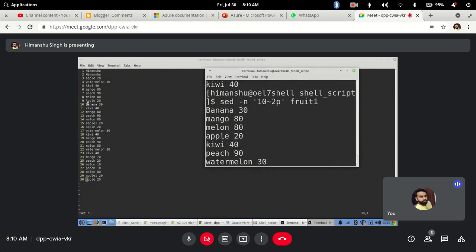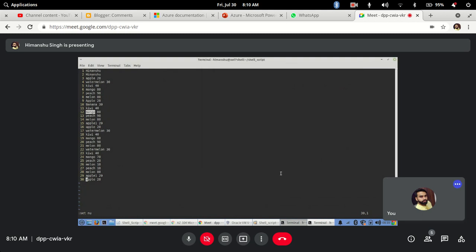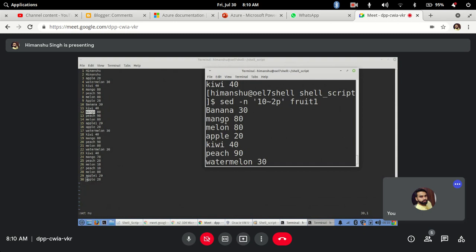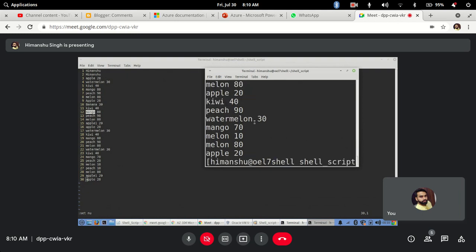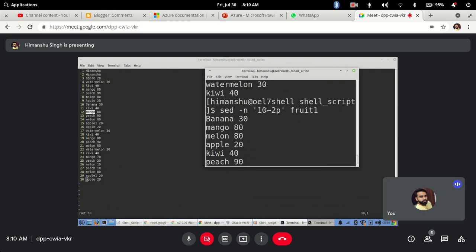From 10 it will take this line, then it will leave the second line and go to the third line, then again leave the second line and go to this specific line. So it will leave every second line that it finds. Got it? It will do that till the end of the file from the starting line, wherever the starting line, 10th, is.